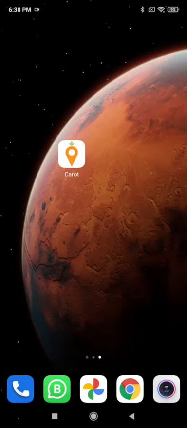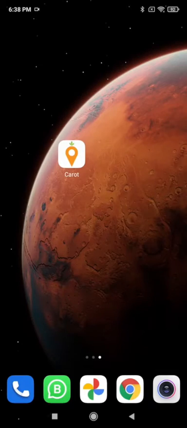To use the connected car feature of your new Toyota Fortuner, you will be needing this application on your mobile phone. This application is supported on iOS and Android platforms and can be downloaded from Apple App Store or Google Play Store respectively. We'll be demonstrating the same on Android platform for now.